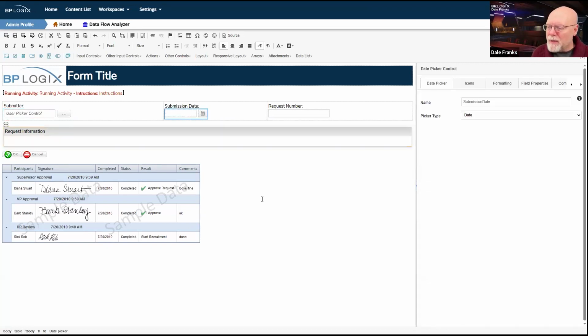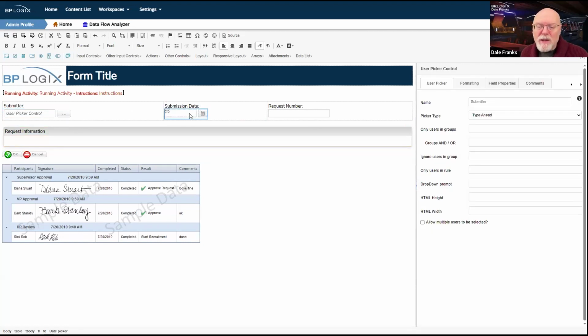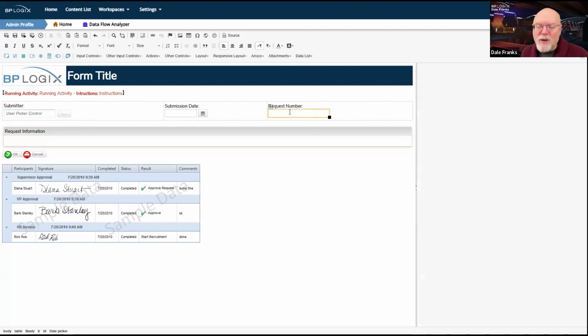The submission date, obviously we always want to know the date of our submission. This allows us to track when it started, how long it's going, things like that. It also allows us to search by date. A lot of the reasons why we're putting this stuff here is because it creates actual form field data that gets stored with the form. One of the important things that we're going to do over time, of course, is create knowledge views based on this form.